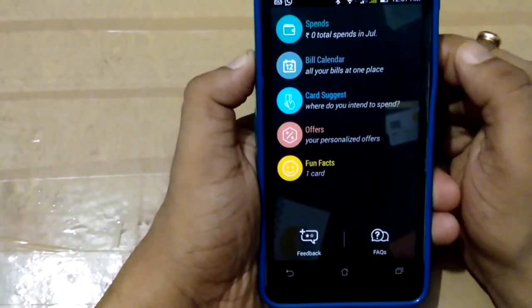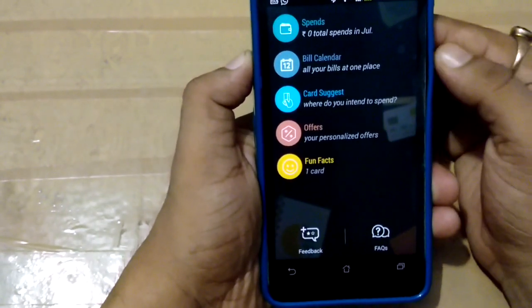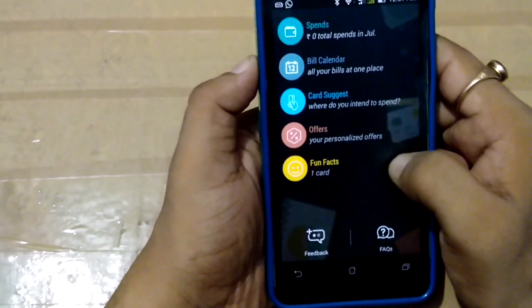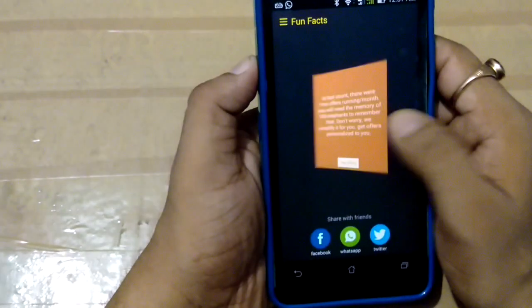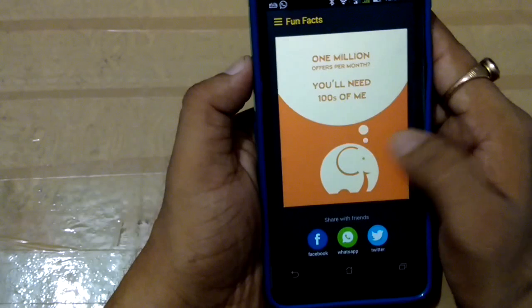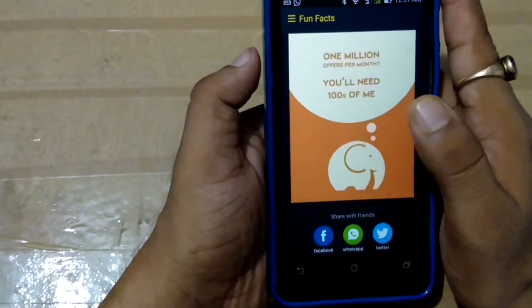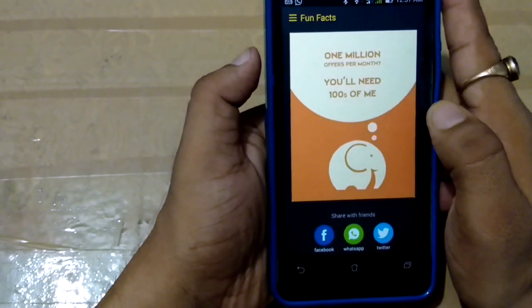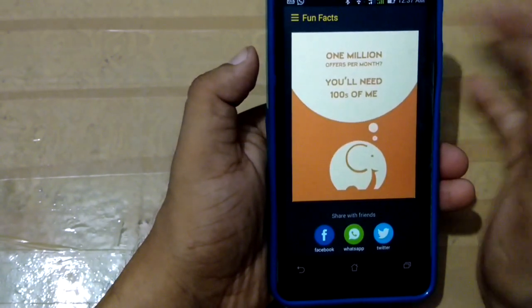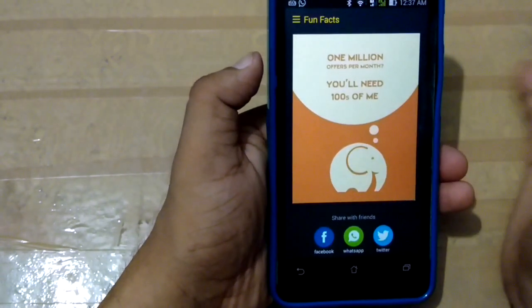So what else you can do, I'm just going to give you a few striking features of this app. It will automatically organize all the payments into different categories like travel, eating, or whatever your expenses will be.